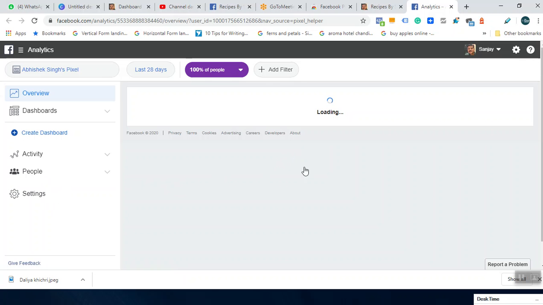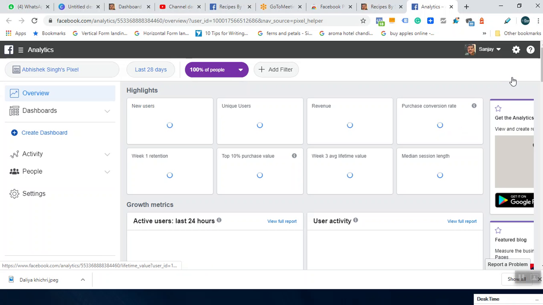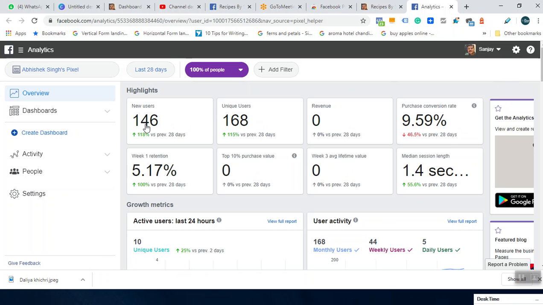And now this will load the data. So it will take some seconds to load. And now if you see, it is analytics of the last 28 days, and it is showing new users 146, which is up by 118%, 168 unique users, which is up by 115%, purchase conversion rate 9.59%, which is down by 46.5%, and this is benchmarking with the last 28 days.